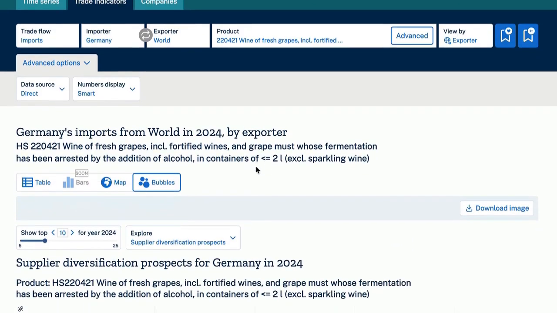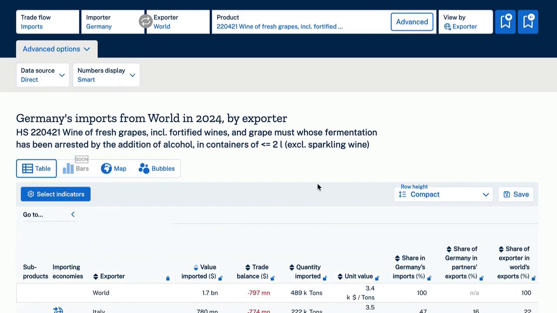Always, always, always, in the case that it's a table, you can go to save, and ask it to save in Excel format. And this is going to be very important. There are 2 important things that have been mentioned. That the list of websites of the companies that imported to Germany appears. And I also just explained that in the results of the tables, you can ask to save the table, for example, in Excel format. The classic Trade Map will disappear in July of this year, 2026. So we have to start adapting to the new Trade Map. Today it's the beta version, but it will be the final version starting in July.